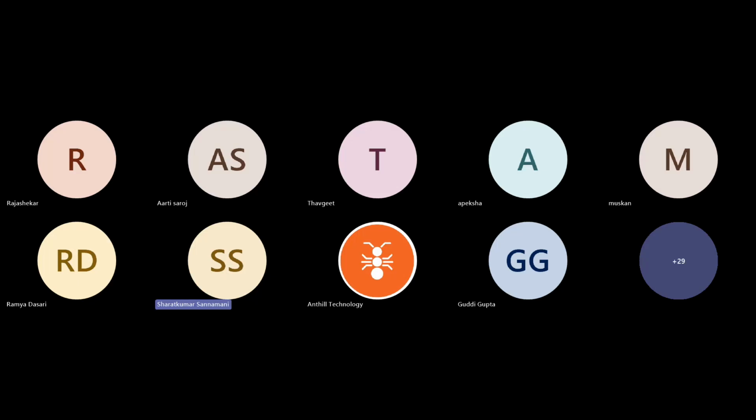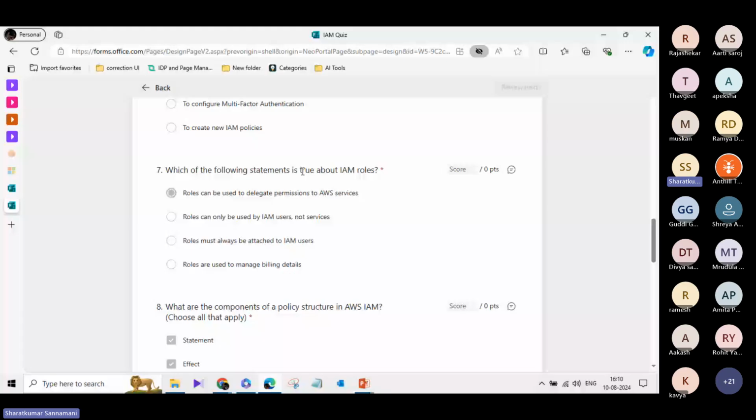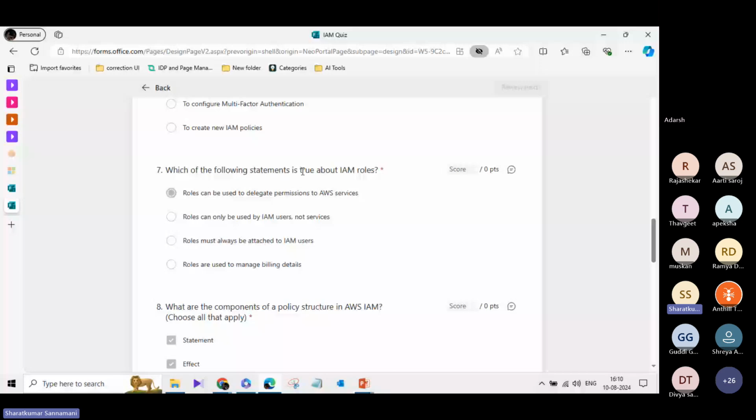To the next question. Which of the following statements is true about IAM roles? What is a role again? A role is a permission given to the services, not the users. Inside AWS, we have n number of services, so for each service to communicate with each other, we need to give an IAM role. So the answer here is: a role can be used to delegate permission to AWS services or resources